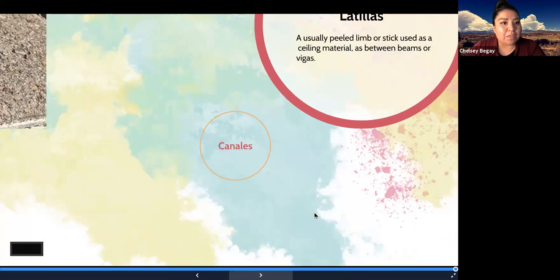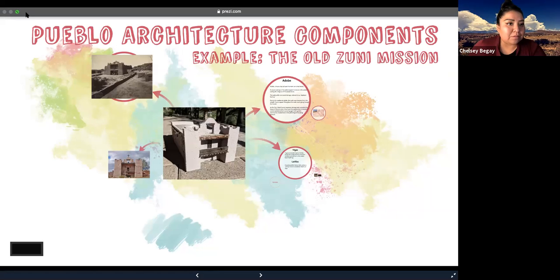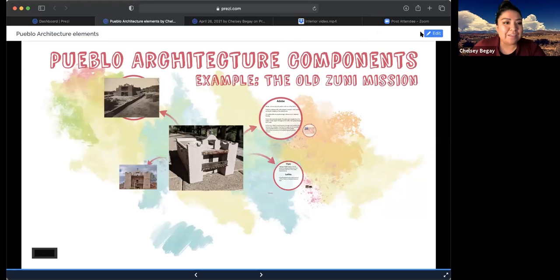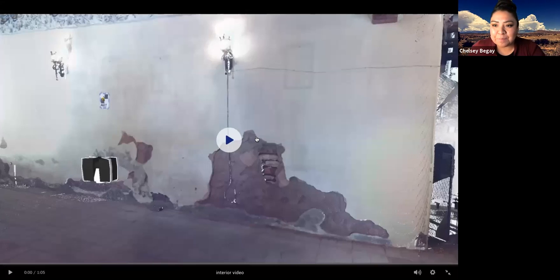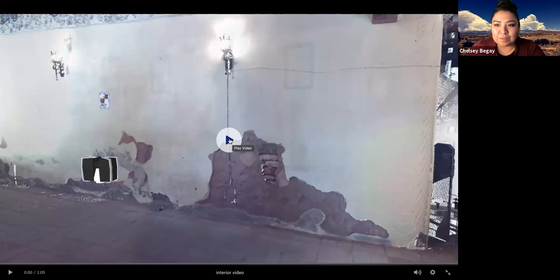I'll show the fly through the building, which we were able to gather from the LiDAR scanning that Michaela talked about. So this is a video. It doesn't have sound. Can you all see that? Yeah, okay. So I'll play the video right now. It's just a minute long, but it plays like a video game. I've watched my sister play Minecraft, and so this is definitely what it reminded me of.